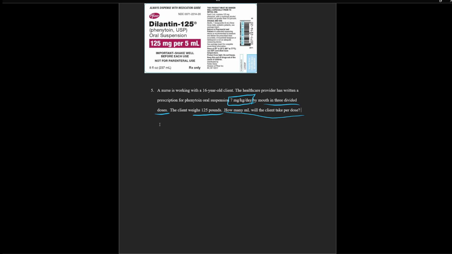So the first thing we're going to do is convert pounds to kilograms. If we're looking for kilograms, we're going to have pounds at the bottom. I think it's 2.2, so the conversion rate's 2.2. We're going to do 125 divided by 2.2, just so you set it up there. And that's going to give us, if I grab my calculator, 125 divided by 2.2 equals